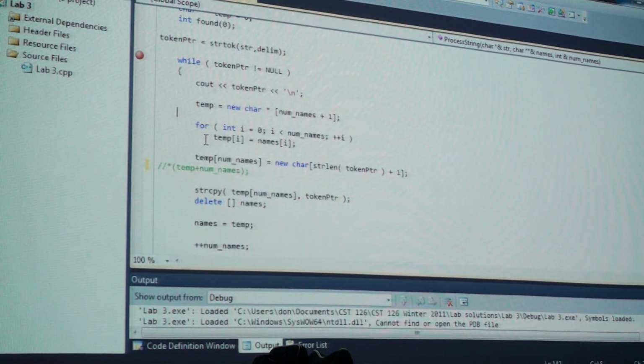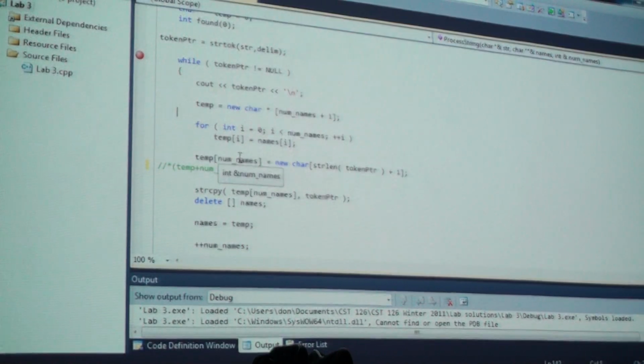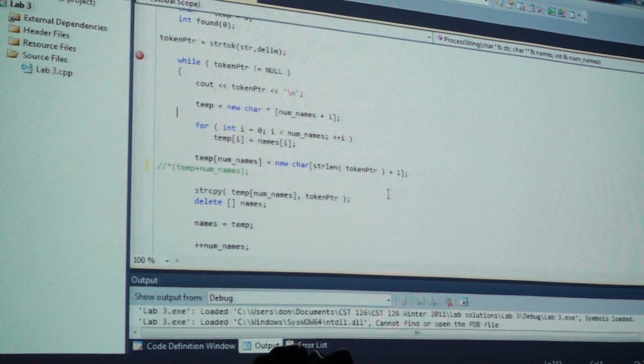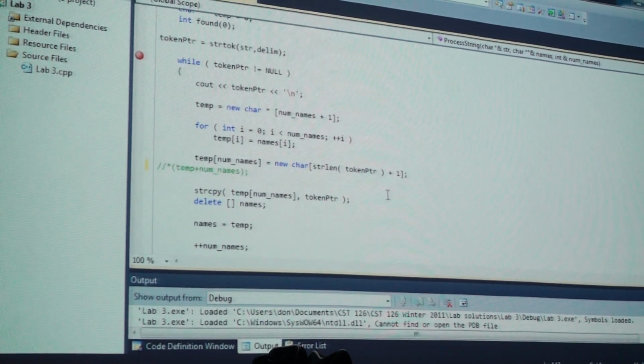But we can still decipher this, we can still track it. So we got this copied, and now we go to the next one. We're allocating a new chunk of memory. Notice that token pointer doesn't point to Mary anymore, but Mary